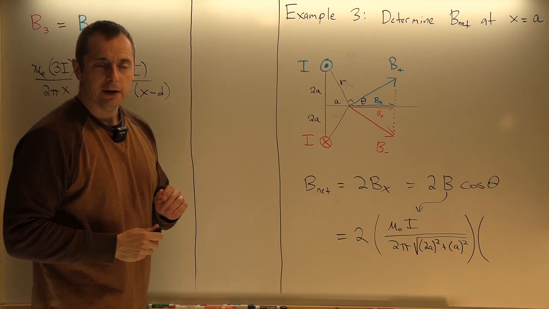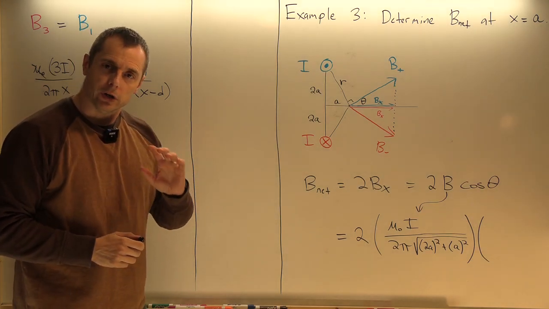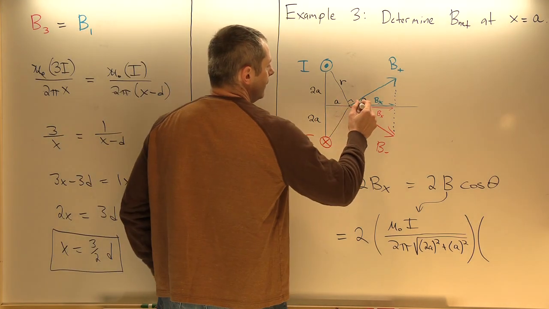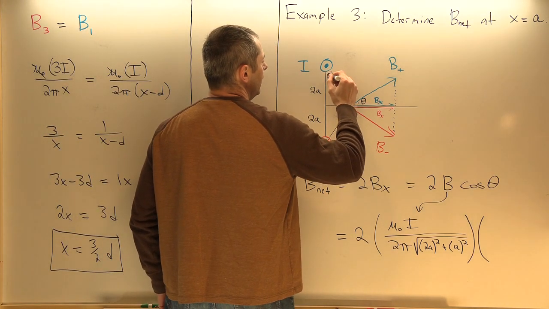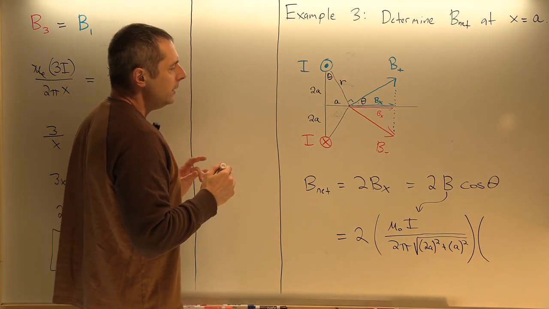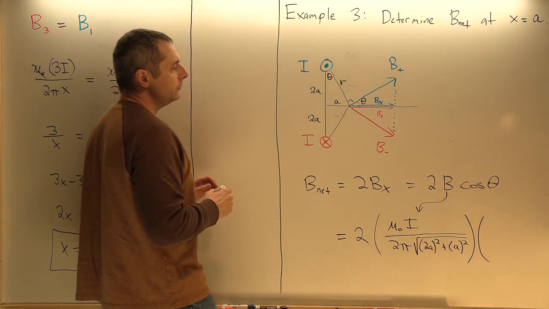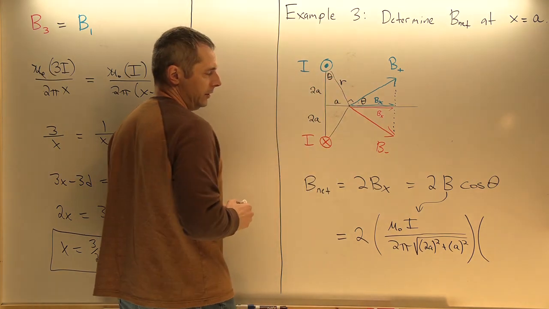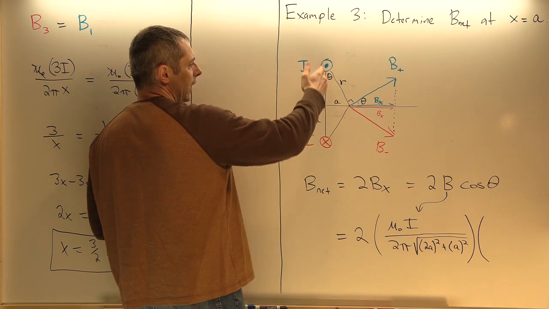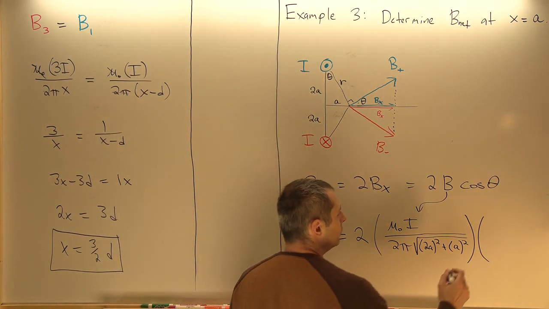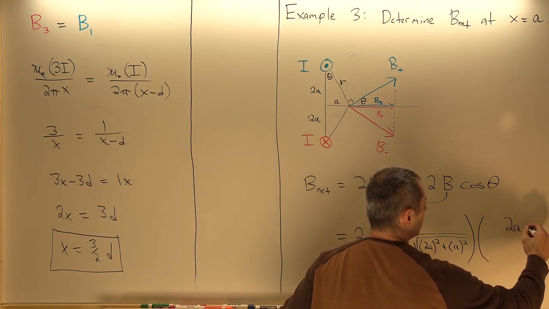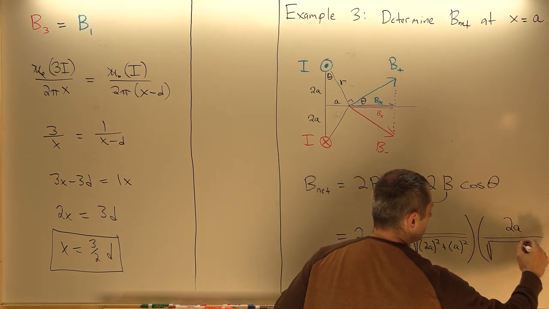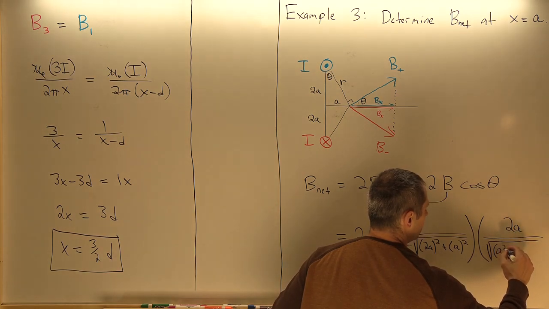Now the cosine theta, this came up in an electric field. You could actually eliminate that cos theta by realizing that this theta here is the same as this theta up here. And so now we can find cos theta in terms of the original variables given, because cos theta is the adjacent side over the hypotenuse. And the adjacent side is 2a. So I'll put that right here. And the hypotenuse is that square root of a squared,